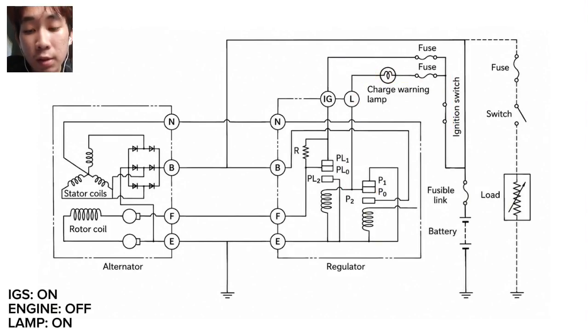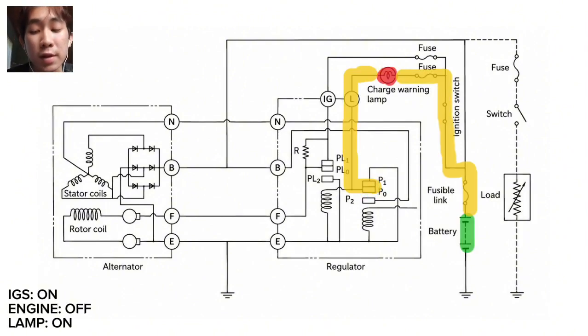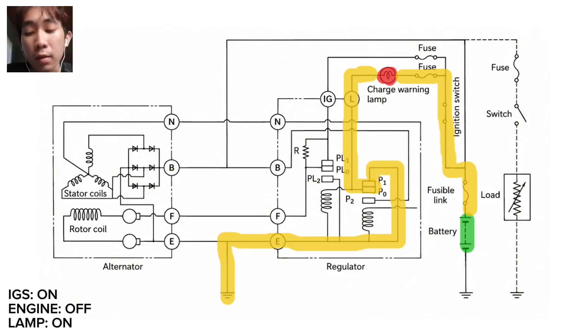Now, at this juncture, again, the current flows through the easiest path that it chooses. Therefore, it chooses P0 and P1 instead of the voltage regulator. So in this condition, P0 is engaged and attached to P1. In continuation, from P0 and P1, it enters the E terminal of the regulator and ends into the ground or earth.